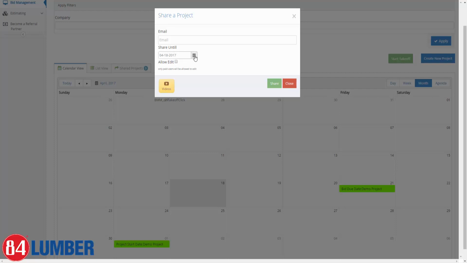So maybe you want to save this with them till the end of the project, or to the end of the bid due date, or maybe even a week past when the bid was due. So that way they could take a look at this bid, review what you've estimated, and so forth. Once again, you just simply enter their information in here and you can send that over. Now, from my understanding, they will receive an email. Once they receive that email, it will notify them that you are sharing a project with them. They can simply select